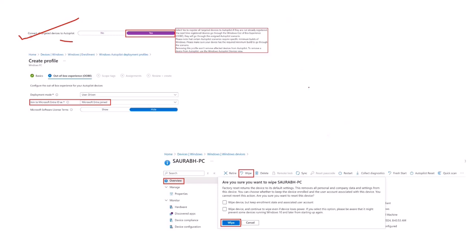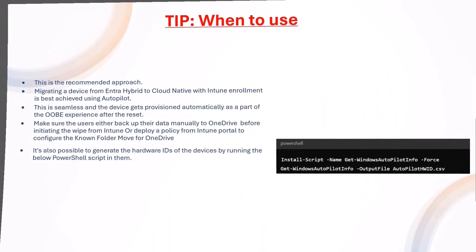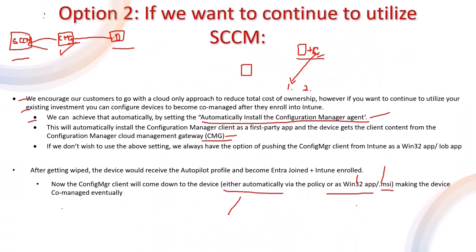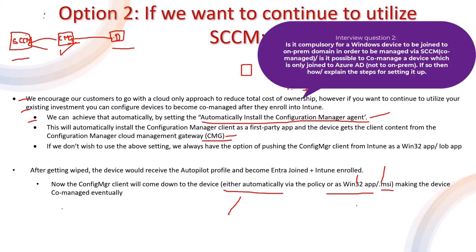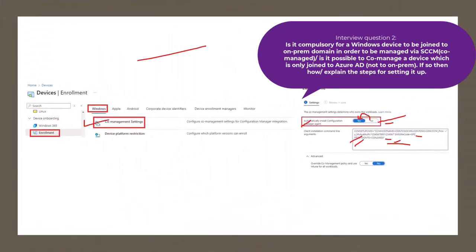So the point that I'm trying to make is, whatever is listed over here, this needs to be done in option 2 as well. What needs to be done additionally in option 2 is, first, CMG needs to be set up, and second, the SCCM client needs to be deployed to the device. Now, as I said, the SCCM client can be deployed automatically using the co-management settings, which you see on your screen